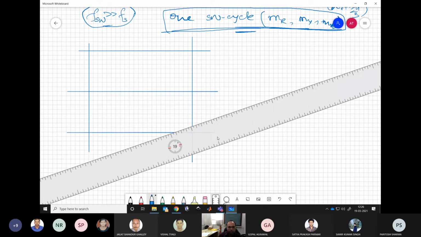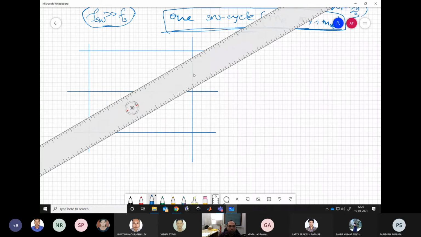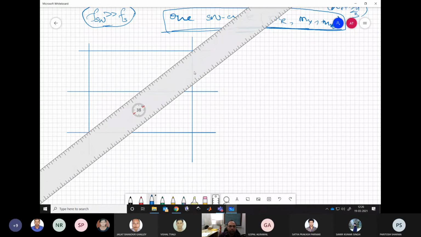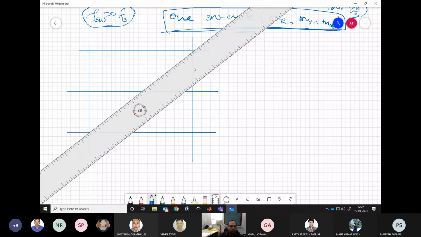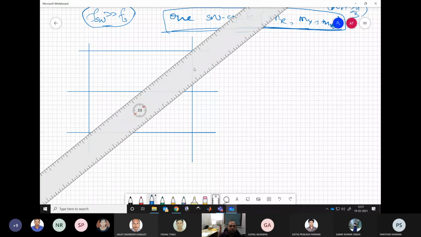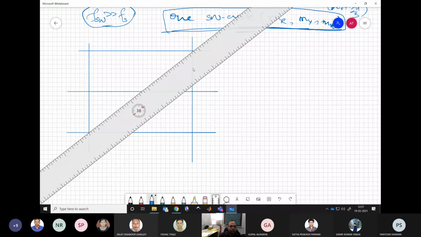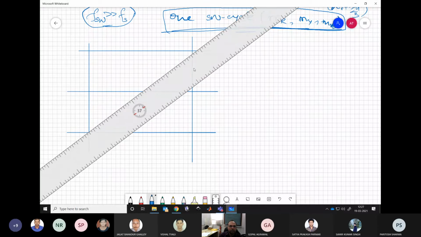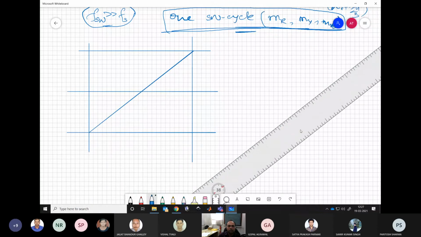Now we can do our analysis on half switching cycle, because we have seen that we are using triangular wave. So then that is going to be symmetric for both the halves. So that's why doing analysis for even half switching cycle is sufficient to understand what is happening with the system. So let's say a little inaccuracy is there, but please bear with that. Let's say this is the half carrier wave triangular.